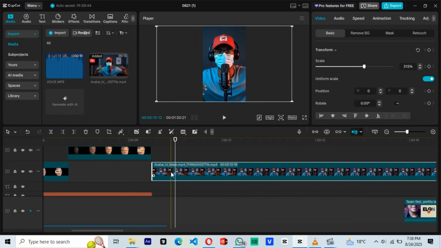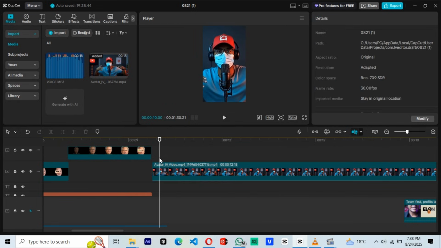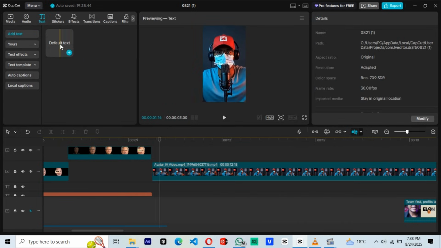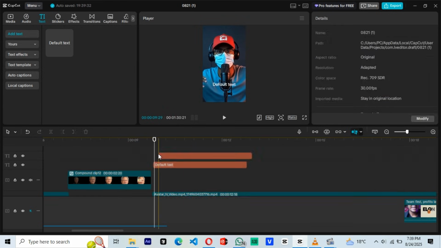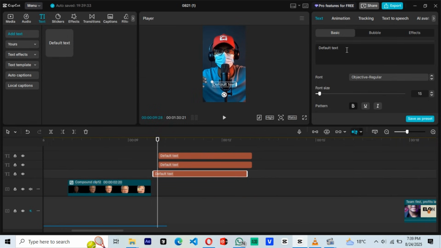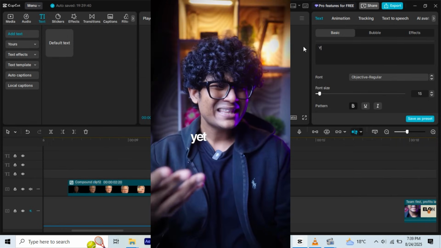This technique is super engaging because it helps reinforce what's being said and keeps the audience's attention on the screen. To do this, I'll drag in a default text layer and place it just below the speaker. Then I'll copy that text 2 more times so we end up with 3 separate text layers. Why 3? Because by splitting the text, we can reveal each word independently and apply separate animations, which makes the